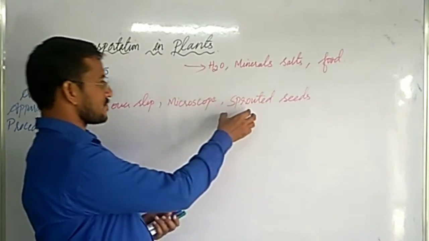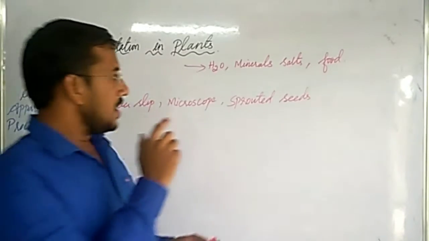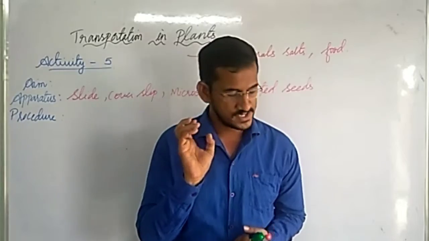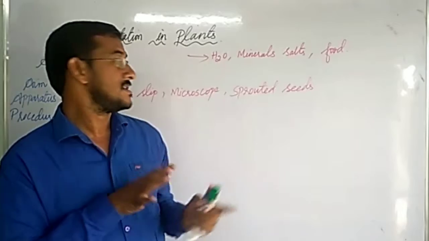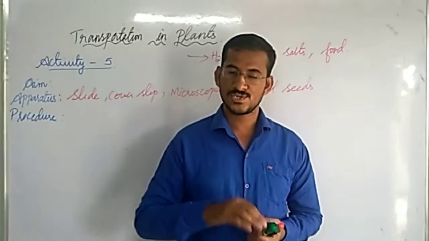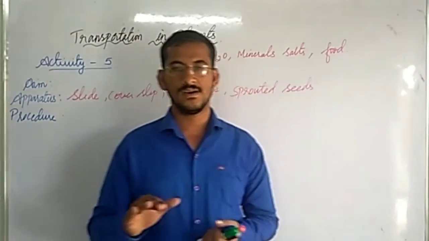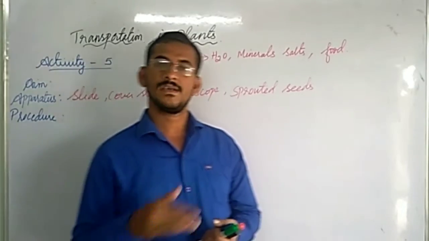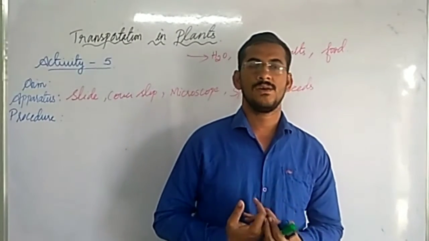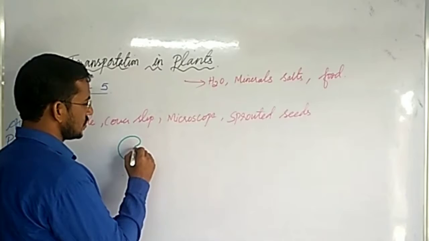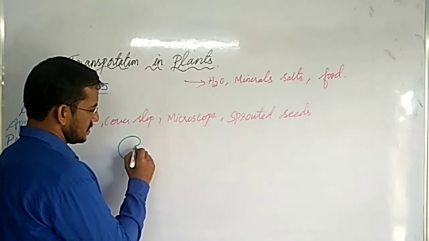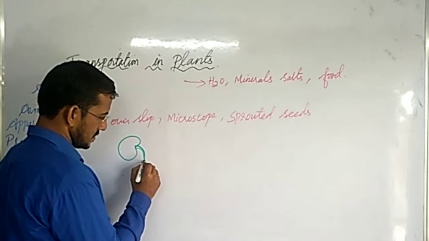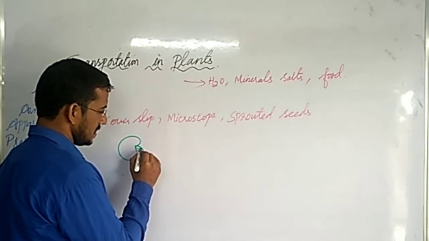We have to take sprouted seeds. To get sprouted seeds, take some mustard seeds or else bajra seeds, soak them in water the whole day and keep them in a cloth overnight, for 1 or 2 days till you get the sprouts. From these seeds, you get sprouts like this. So this is a root part.